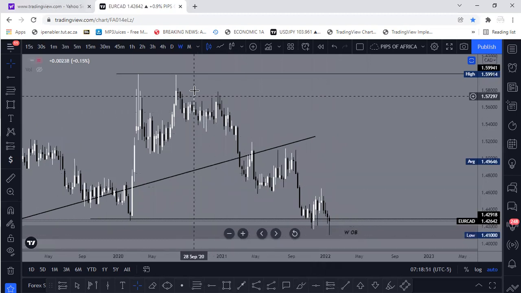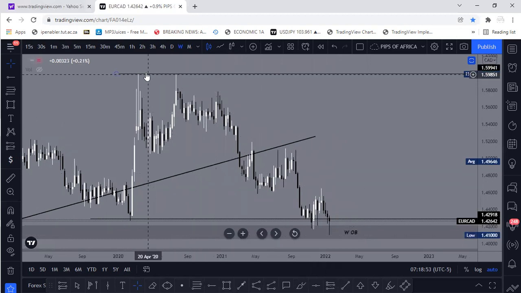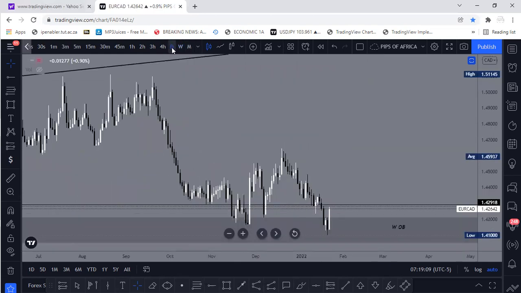Remember that I said to you, this one is just a relative equal highs. After the market is done mitigating the weekly order block, it will push higher to grab liquidity above those relative equal highs. All right, let me just go to the daily time frame and see what is happening there. But I smell something. You see, guys, I told you that there's something going